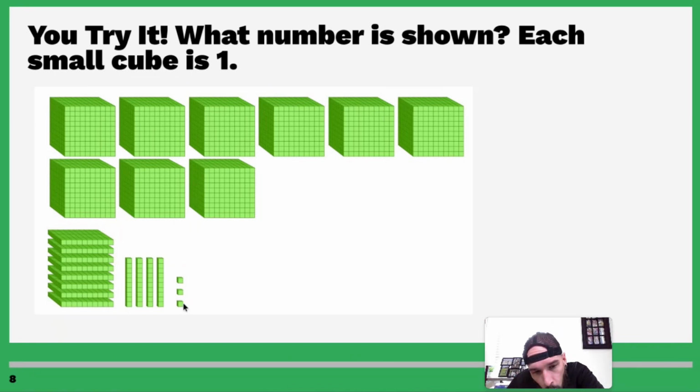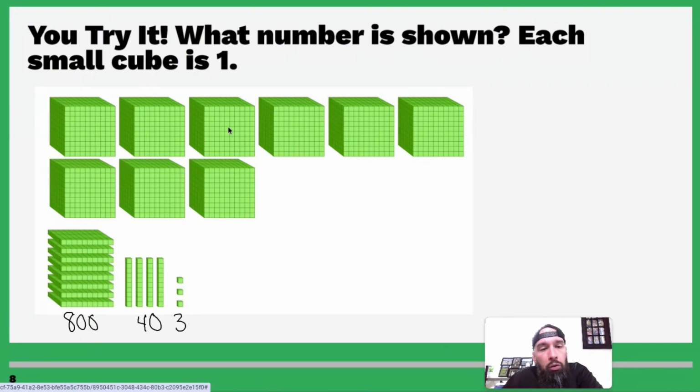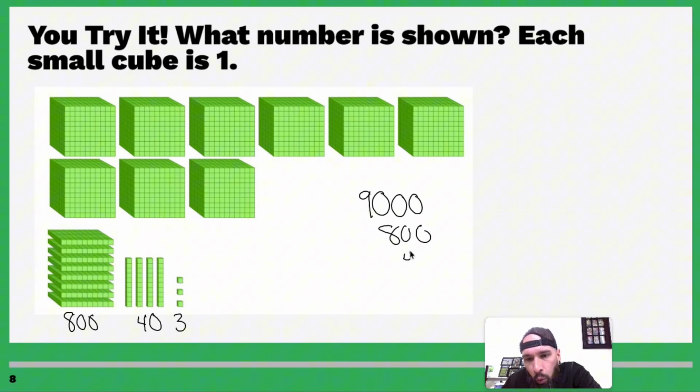Smallest number. 1, 2, 3. 3. Each of these are tens. So 1, 2, 3, 4 tens is 40. Each of these flat ones are 100. So 1, 2, 3, 4, 5, 6, 7, 8 of those is going to be 800. And each of these big ones is going to be thousands. So 1, 2, 3, 4, 5, 6, 7, 8, 9, 9,000. So let's write out all those numbers. Let's stack them up. 9,843. And if I were to add those up,